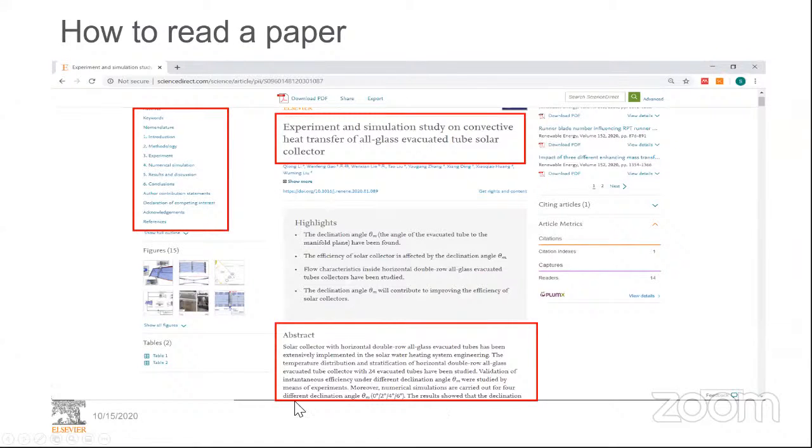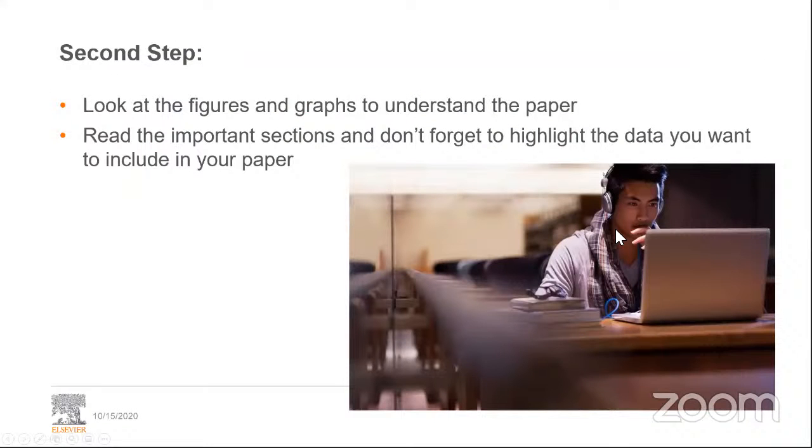This here is the title, this here is the abstract, and if a paper provides the highlights, these will be interesting. So these are key features and key findings within the paper itself. The second step actually is looking at the core part of the paper, which are the figures and the graphs representing the results. You are reading the important section, you are still